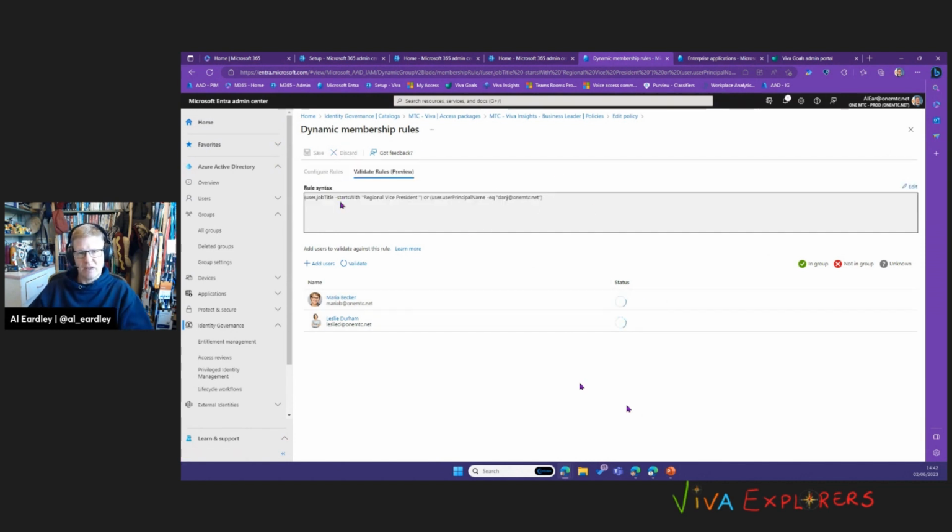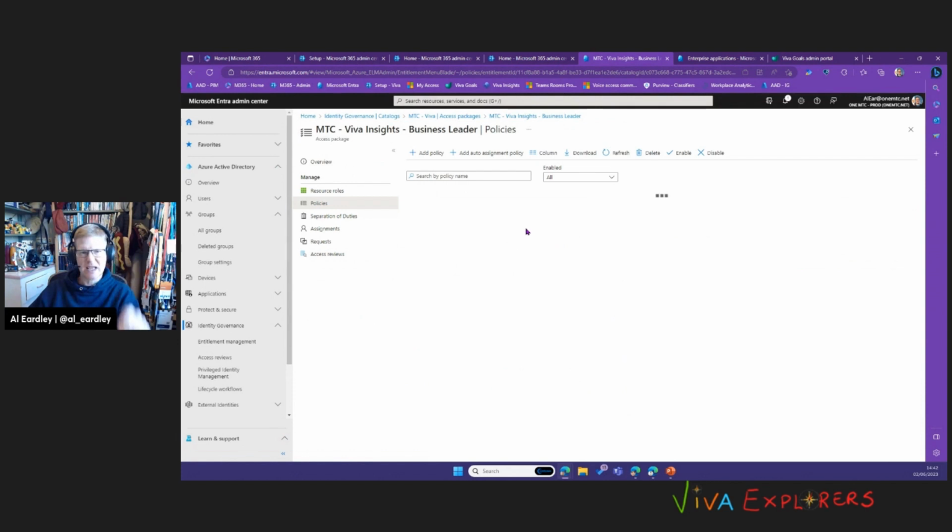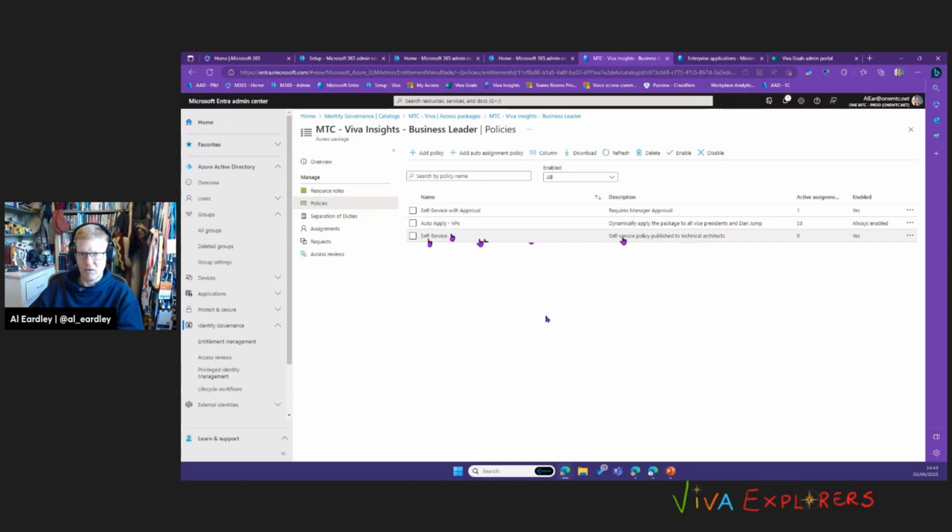Let me just discard that change as well. And what this basically means is that when we look at these policies, we can set up different approval processes, different approval steps to say, okay, self-service with approval, auto-apply. This self-service one has no approval, and it is automatically applying to a set of users based on their attributes. So we've got different ways to actually apply these and publish these different access packages out to the different sets